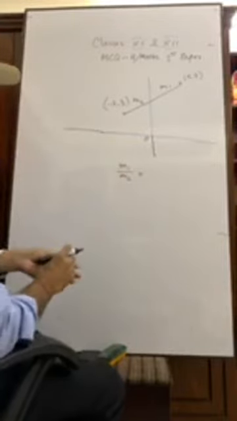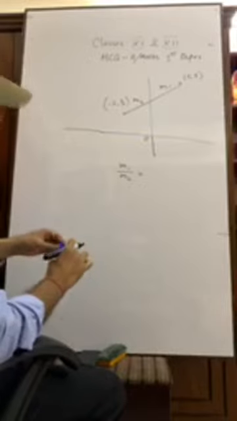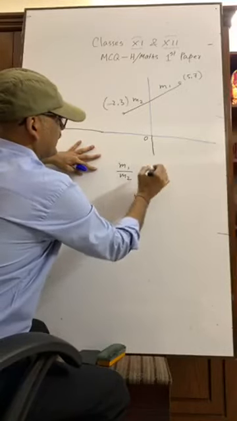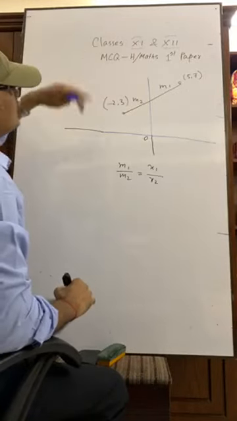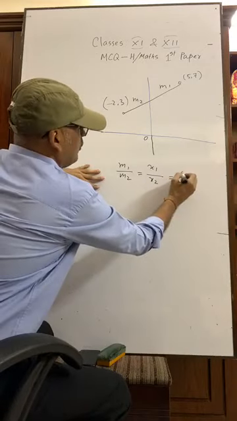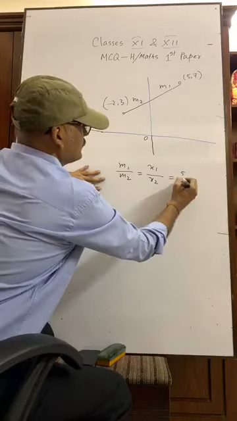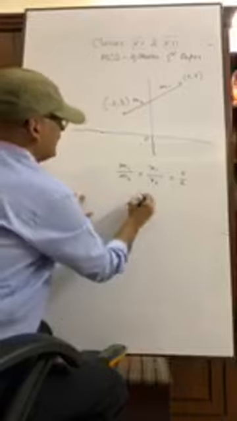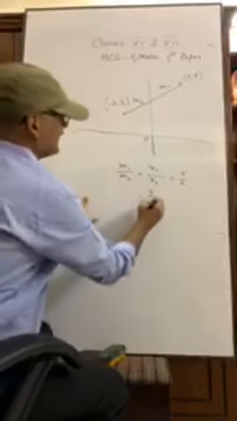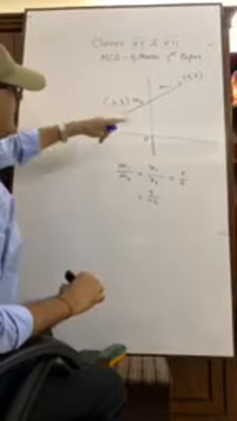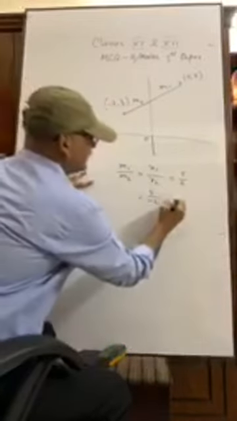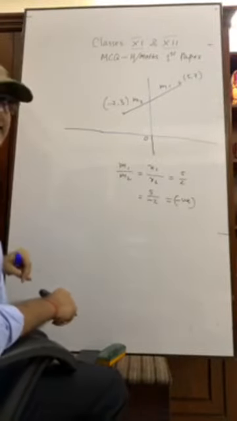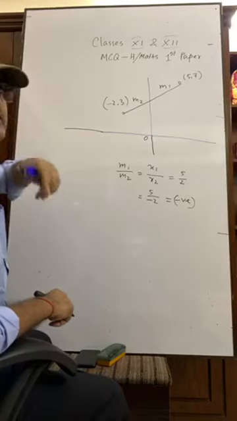At which axis the straight line intersects the y-axis, right? So for the y-axis, I told you the formula is x1 by x2. What is x1 here? 5. And what is x2? 2. So our ratio is 5:2. Now, an interesting fact is that another way, it is 5 by minus 2. x1 is 5 and x2 is minus 2. It is negative, so it is internal division. Okay, you understand? Internal division.